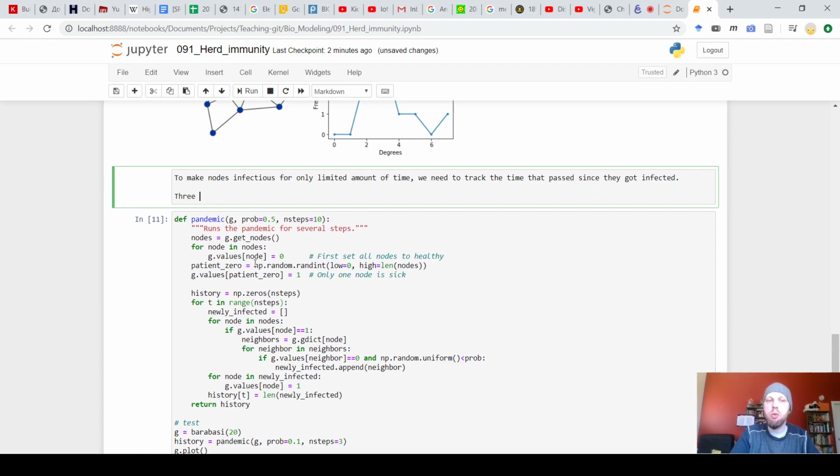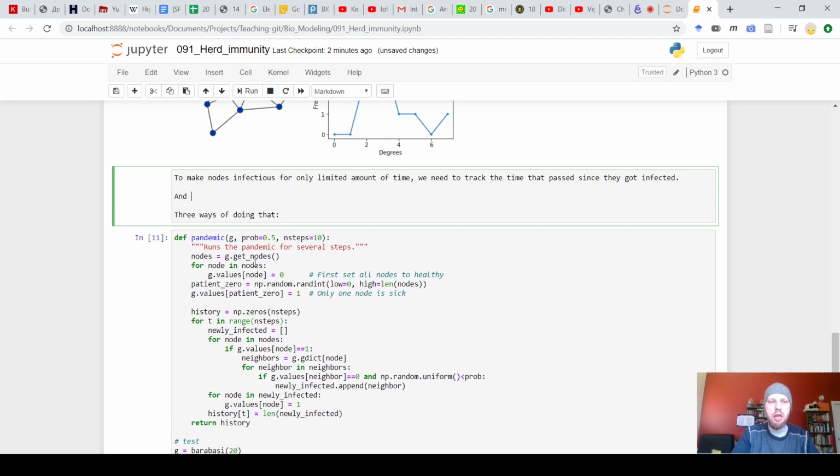So we have 3 ways of doing that. Why 3 ways? Because for now, for each node, we only keep one value that characterizes it, which is stored in this G values